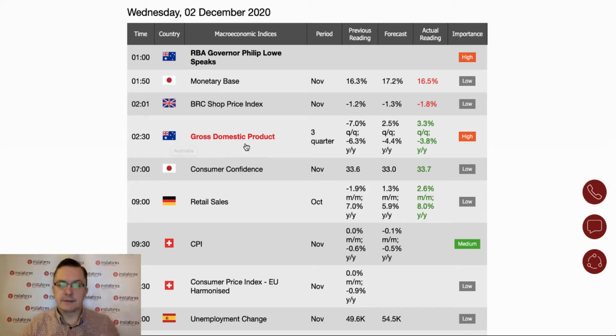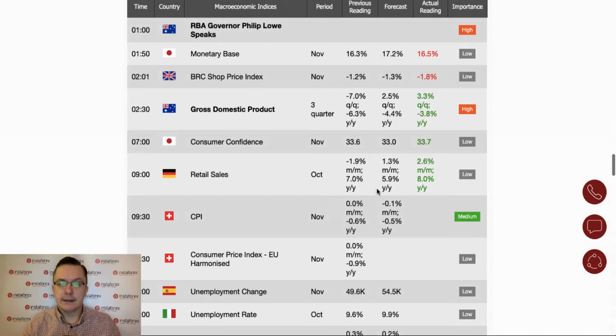This is the gross domestic product, GDP, for the third quarter, and as you can see, it was better than expected: 3.3%, better than expected. The expectations were 2.5%, and better than the previous reading of minus 7%. So very good data from Australia. Let's see on the Australian dollar how this data